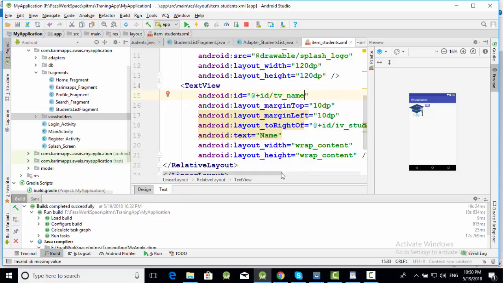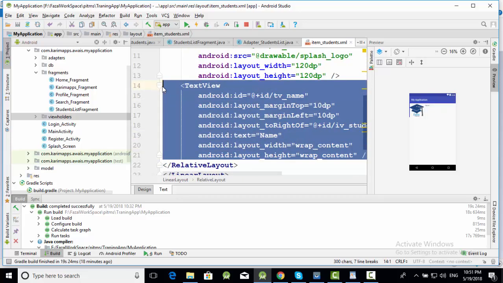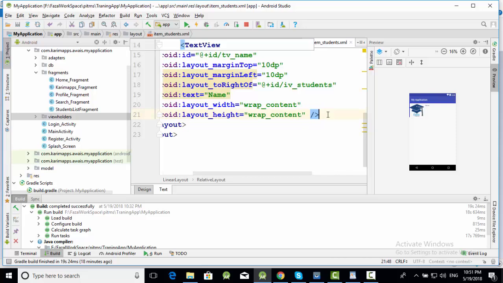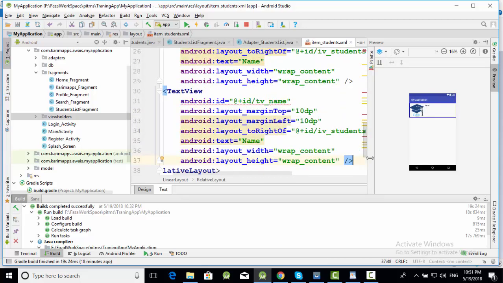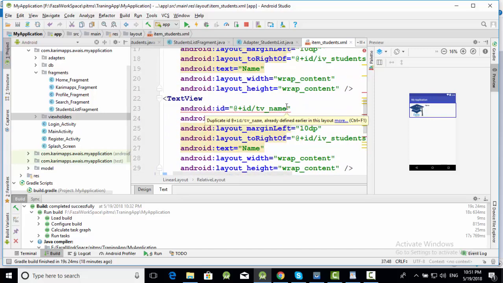Now we have to copy it and make other widgets like this: TV name, TV email, and TV phone. Change its ID here, copy it, and change it to TV email, and replace it like this,